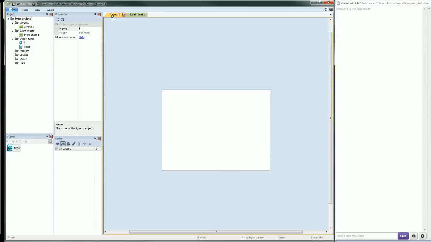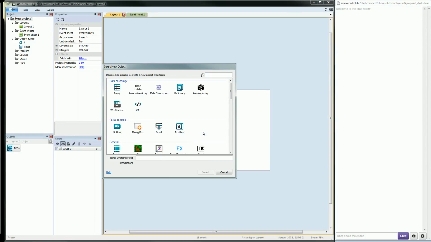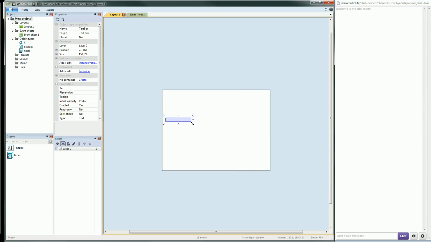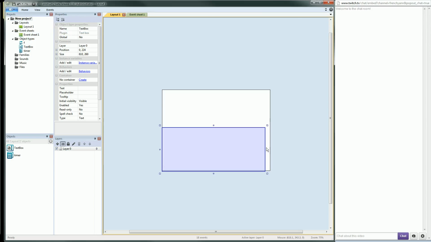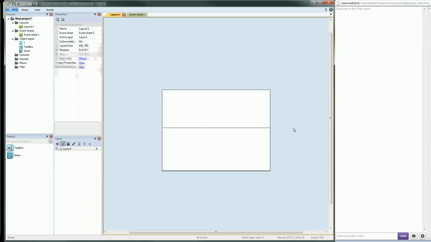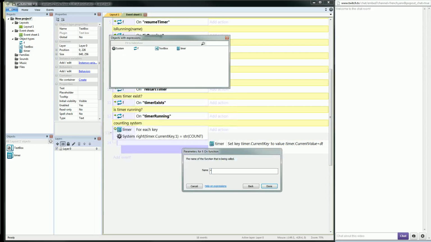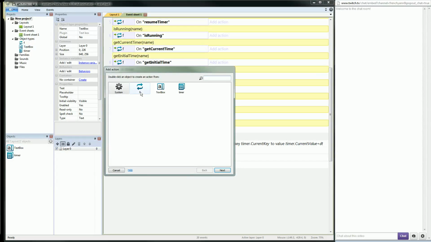Now I will add a little text box. I'm really fond of text boxes because you can scroll them. You can't scroll the text object. Alright, and I will recreate what I do every time in a print function. There's plugins for console stuff, I know. I think I have one, but for now I prefer using the default